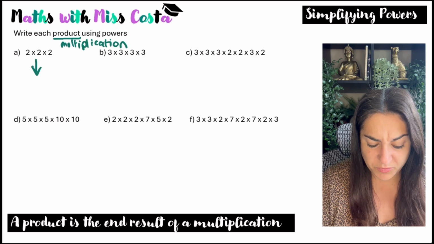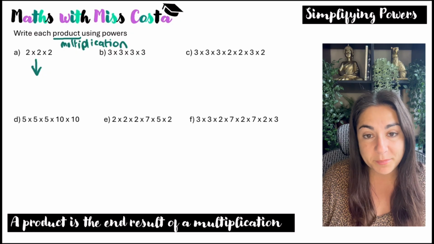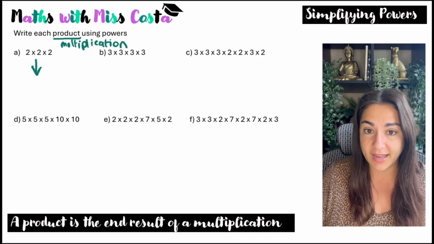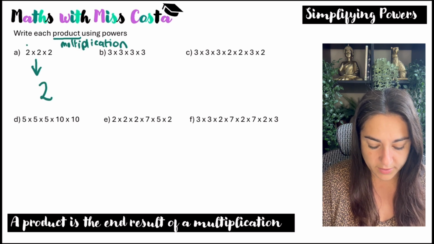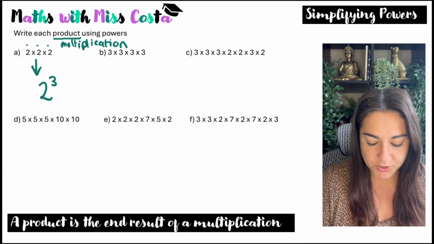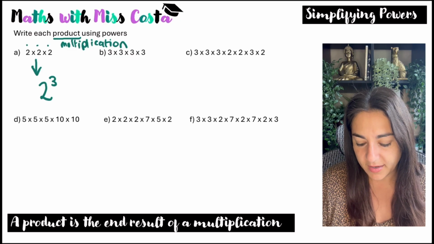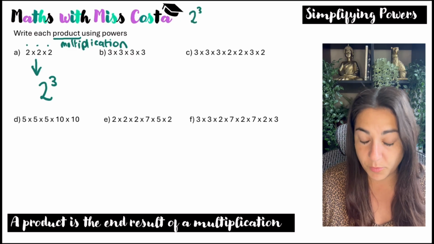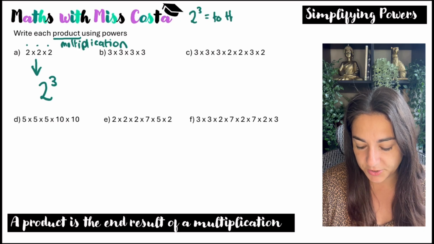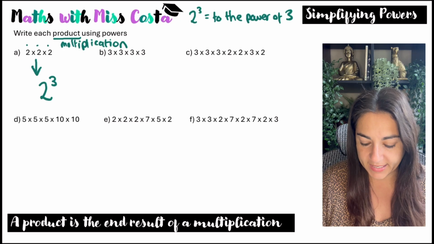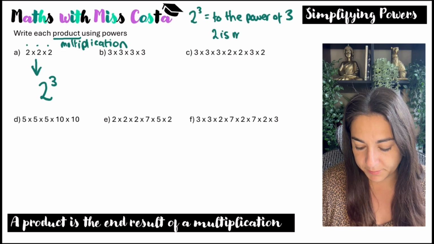So I don't want to be writing this as a multiplication. I want to simplify it. So I think to myself, how many times is 2 being multiplied by itself? It's going 1, 2, 3. So that's going to be 2 to the power of 3. So just as a reminder what the terminology means, the way you'd say it is 2 to the power of 3. And that means 2 is multiplied